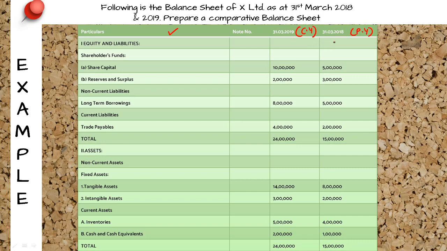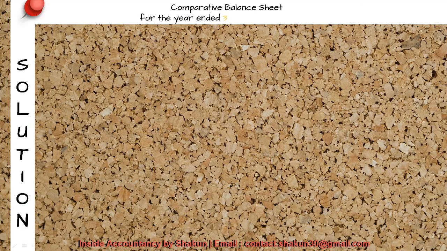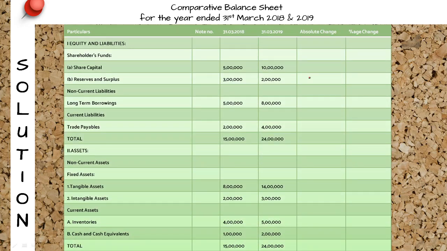In the question they try to confuse you by writing the current year first, but in the format, when we are going to put all this in the format, we are going to write the previous year balances first. This will be the first column, this will be the second column, and this will be the third column, right? So the previous year balances are to appear first. In the question, the balances of previous year as well as current year are given, so we make the format. This is a very simple kind of question, and these are actually free marks for you.